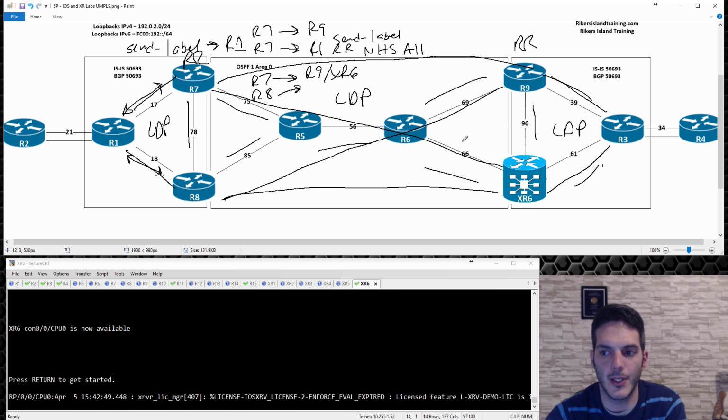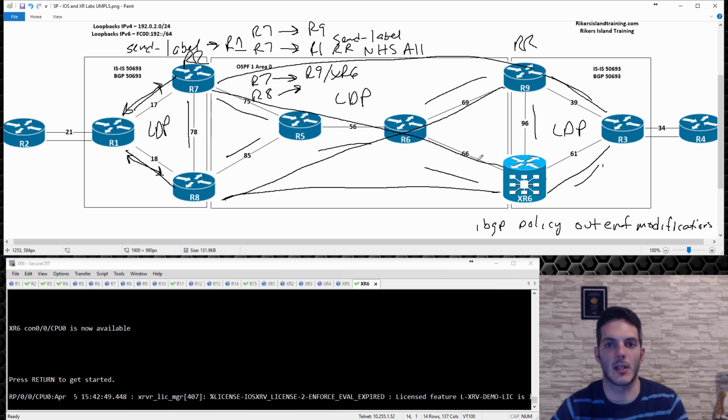Now, there's a unique thing that needs to be done on XR6, or XR in general. And it's called the iBGP policy out enforce modifications. This is done globally on the box, and that takes any updates that are received and allows them